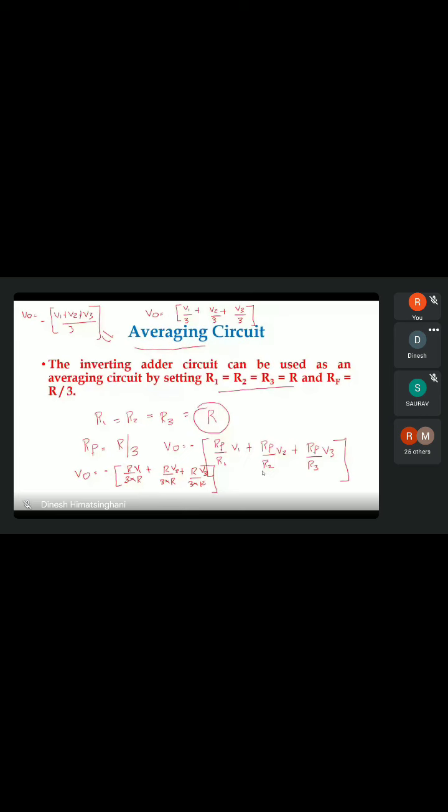Then op-amp used as a differentiator, so the output is the derivative of the input. Then we have the op-amp integrator, so the output is an integral of the input. And the last thing that we have is op-amp as a comparator. A comparator basically compares the voltages at the input. So this is the scenario. After we do this, we finish one of the major topics in the course, that is the operational amplifier.